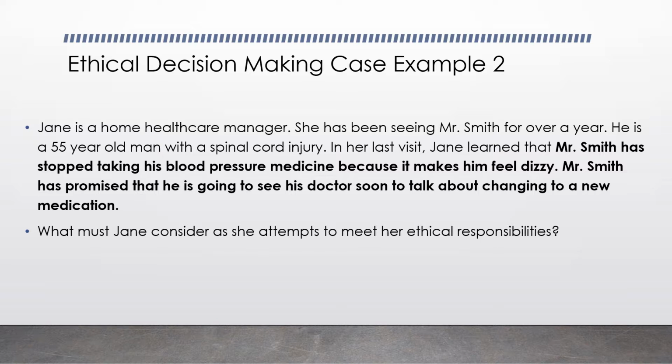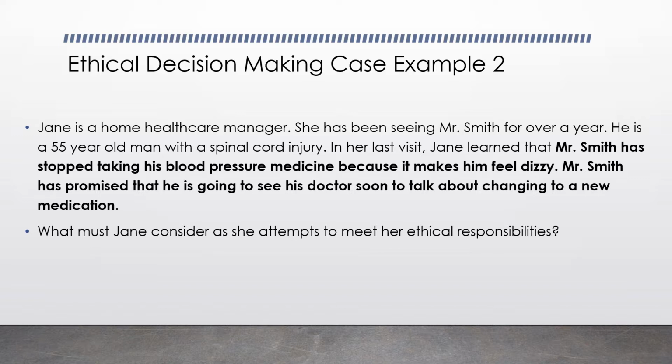In many ways, there are no right and wrong answers with this, with just the information that's provided, right? Since we can't see Mr. Smith, we don't know if he's seriously ill from not taking his blood pressure medicine or how long he hasn't been taking it. So for Jane, if she really thinks that his life is in danger, she may have to make the choice to break confidentiality, to call an ambulance and get him to the hospital, or to contact his doctor. So she has to really weigh that decision of his health and safety versus his right to